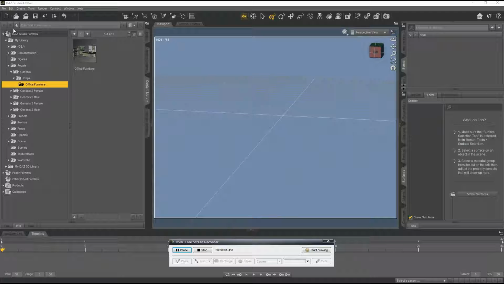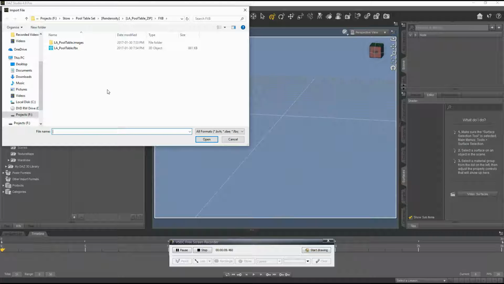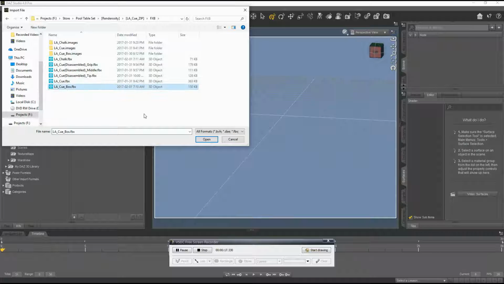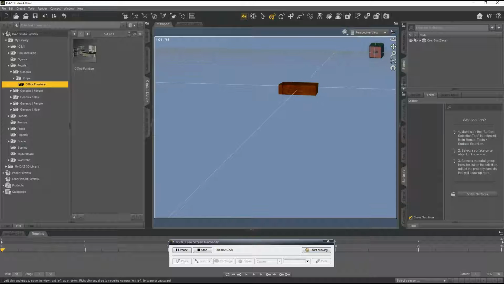Okay, and now we're going to do the same thing with the carry case in DAZ Studio 4.9. So once again, we're just going to import it, go to the FBX file. Among the Q related stuff, we select the Q box, and we can see that the Q box has loaded. Both bottom and top seem to have textures,